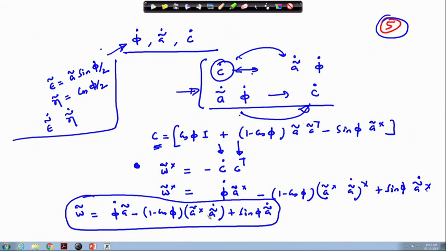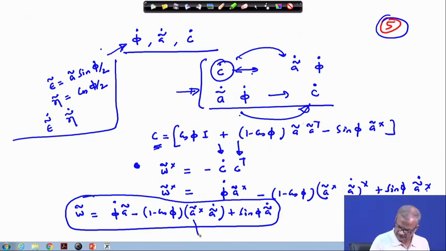Obviously you are rotating about the A vector, so A tilde dot should be available. A tilde dot and phi dot, these are the two main things. If these two things are available, along with by how much angle you are going to rotate, this will give you the omega. And vice versa, if the omega is available, we can also find out A tilde dot and phi dot.